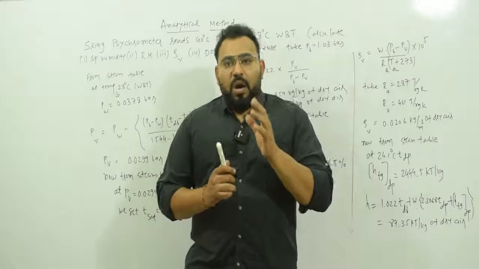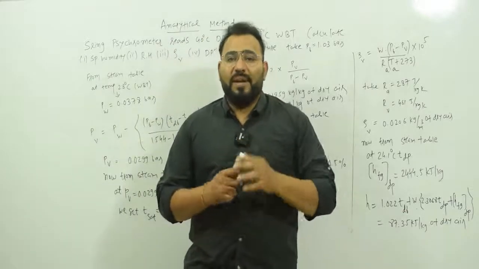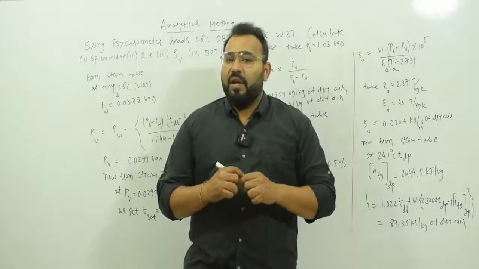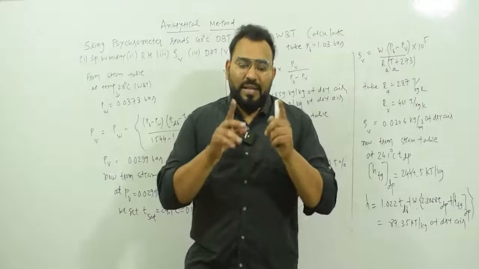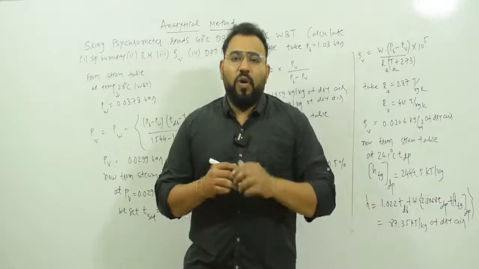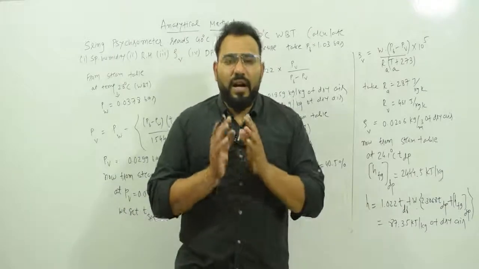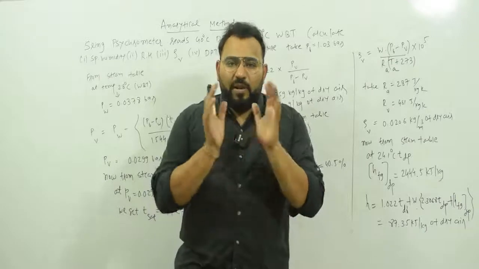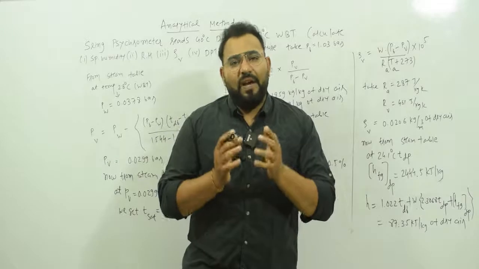This is also a very important device. Sometimes in GTU examinations they ask for 3 marks about the sling psychrometer. So you have to draw that sling psychrometer and write down a very small note about it, which you can refer from the reference book. Now you understand what a sling psychrometer is: a device which measures dry bulb temperature and wet bulb temperature.